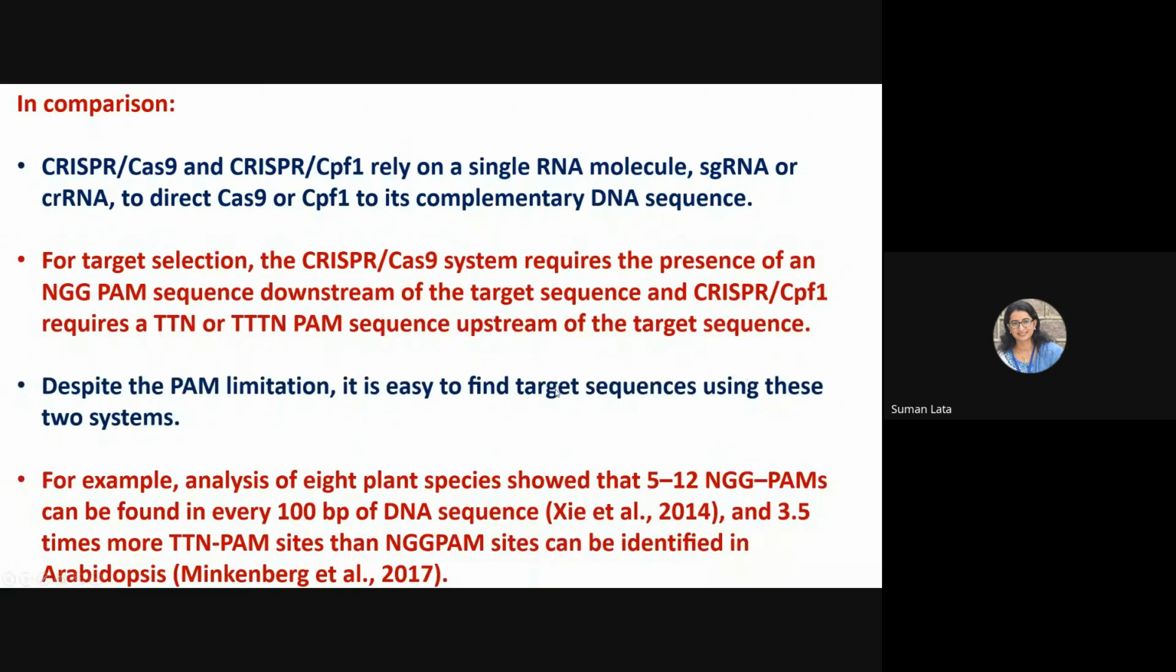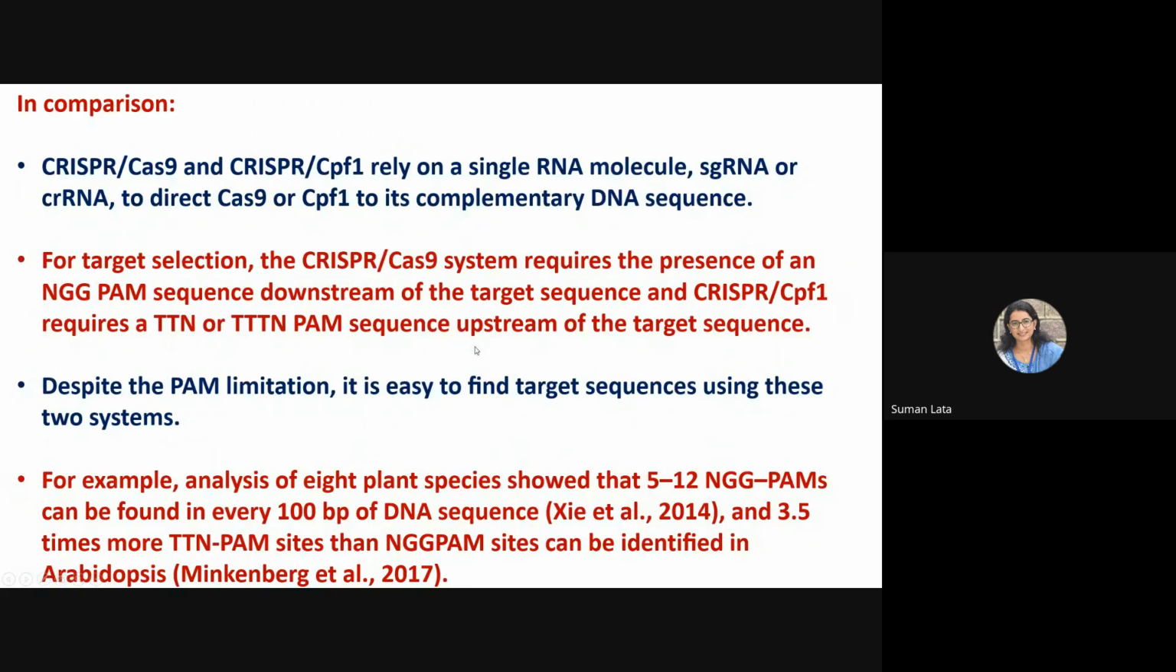We have talked that CRISPR-Cas9 and CRISPR-Cpf1 rely on a single RNA molecule, that is the guide RNA or CRISPR RNA, to direct Cas9 or Cpf1 to its complementary DNA sequence. They need the presence of the PAM sequences,